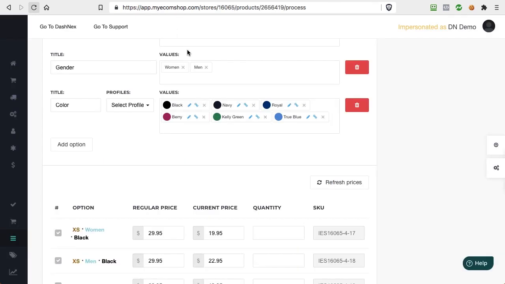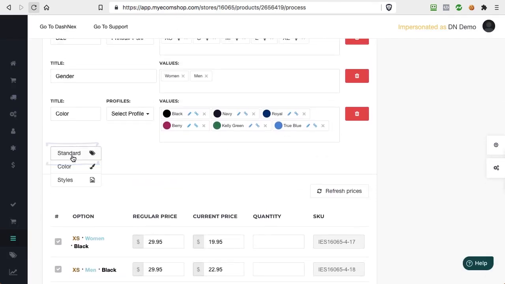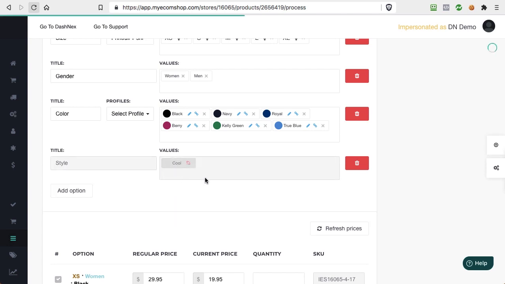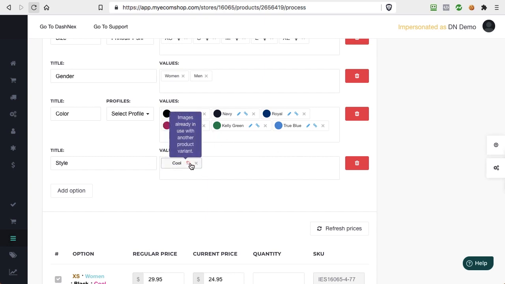And also one thing I want to show here is that we have another option which is called styles, and styles are basically values which you can also link with images. For example, let me call it cool. And let me say, okay, so I want to link this cool together with an image. Now I can't do this because I'm using the colors here, and if you are linking images with colors, you can't mix them with styles.